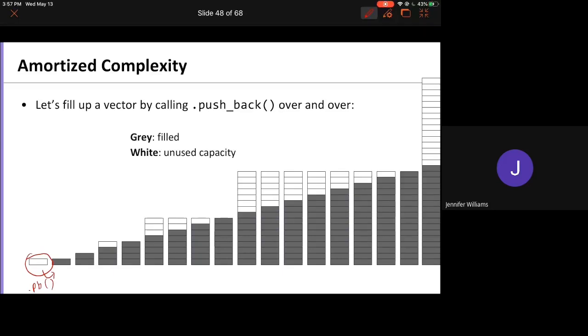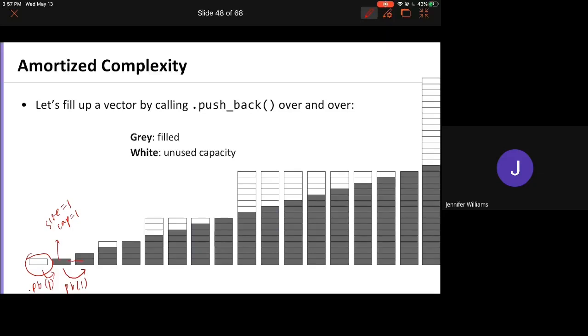Then we call pushback again, and since size equals capacity, it has to create a vector of capacity 2. Since we want to double the capacity, we have to copy this element,